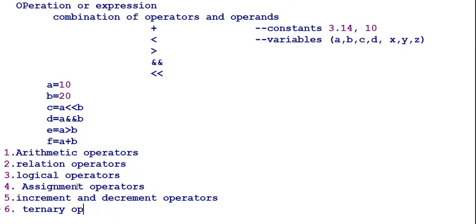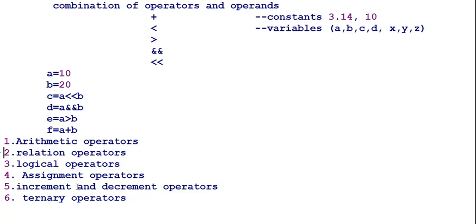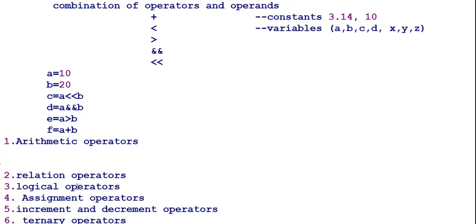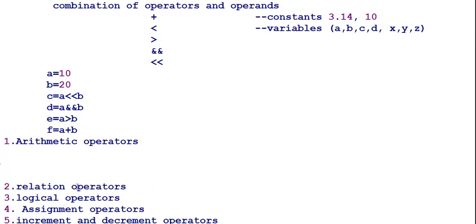Now we can learn neatly what is meant by arithmetic operators. These are the symbols used to form operations: for sum, we have the plus operation; for difference, the minus; for multiplication, asterisk; for division, slash; and we have mod. Plus gives the sum, minus gives the difference, asterisk gives the product, slash gives the quotient, and mod gives the remainder.